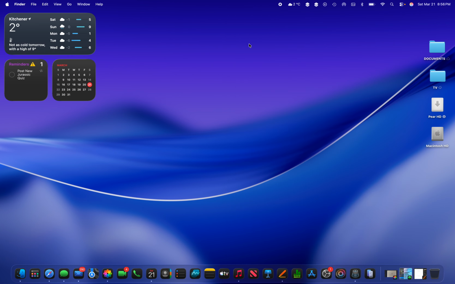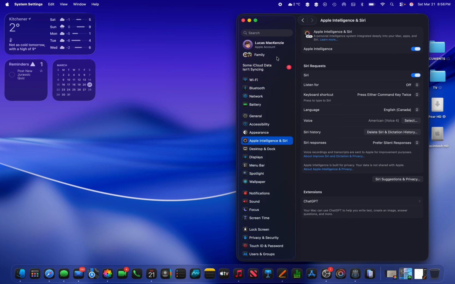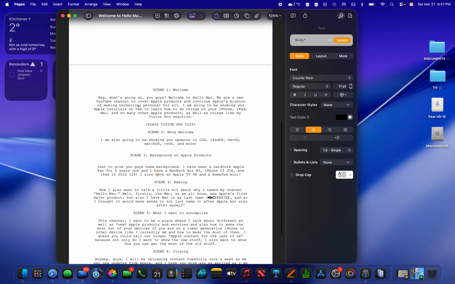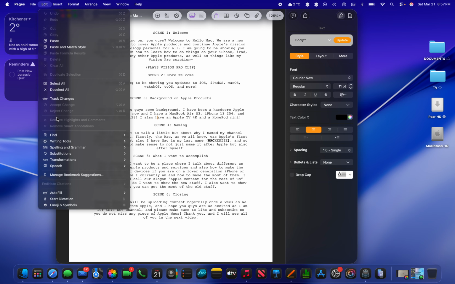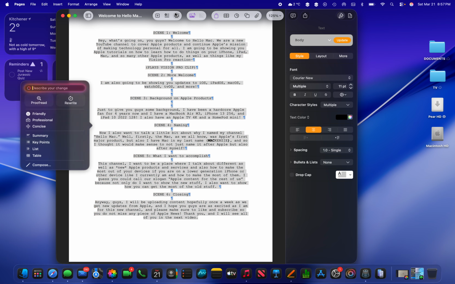So the first thing I want to show you guys is writing tools. Now, writing tools is basically built-in writing assistance to your Mac with Apple Intelligence. So let's go into this document that I have here, this script, and we can see this little icon up here to bring up writing tools, but we also have it in our menu bar right here. And what we can do is we can highlight this, we can bring up writing tools, and now we have